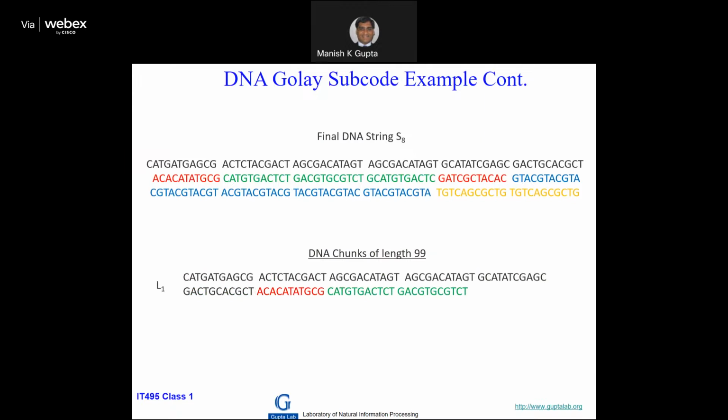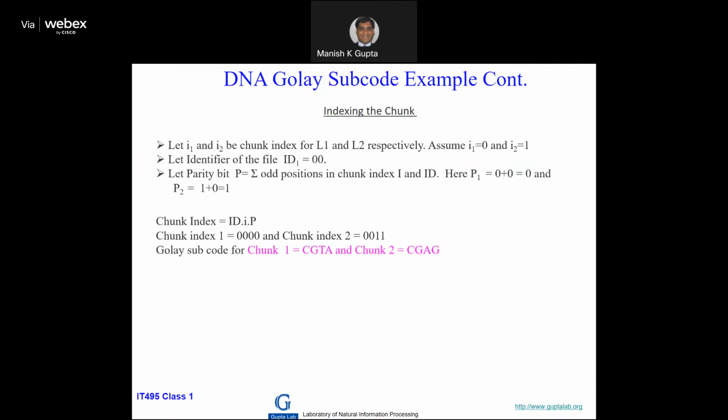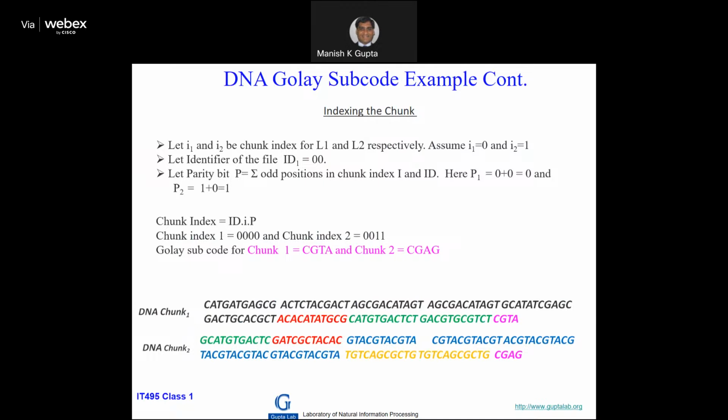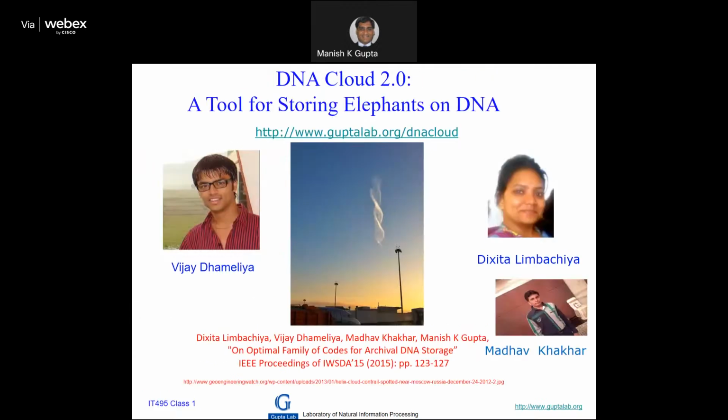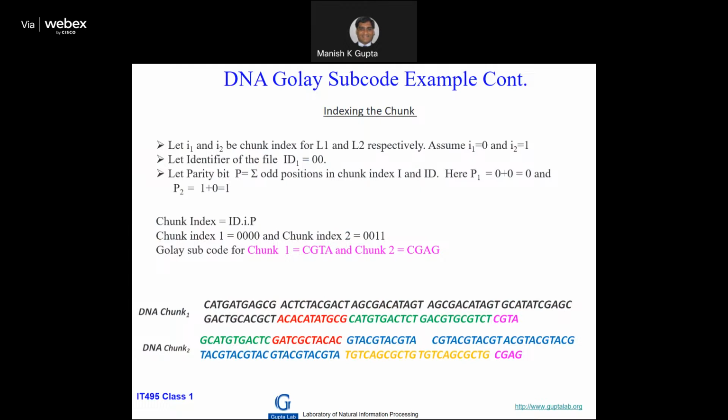Then we have this final string, and there are 2 chunks. We can add chunk architecture. So we have added chunk 1, chunk 2, and an index for both the chunks. Okay, so this is how DICT is encoded, 2 chunks here. Yeah, so there are certain efficiency issues. People have done the binary things also. Ternary is interesting. So we will discuss more about it, why ternary, okay? And why not quaternary? Quaternary could be taken directly.